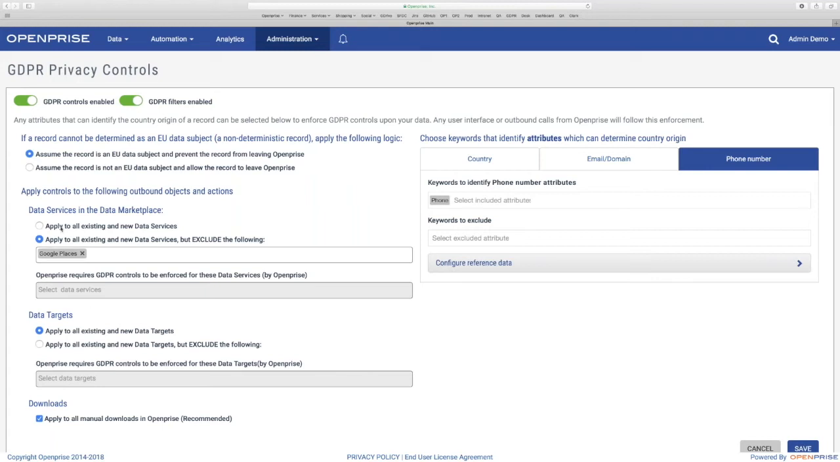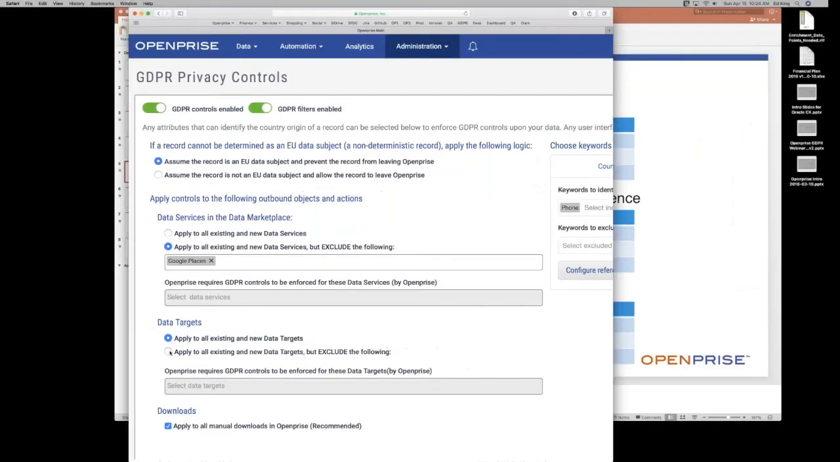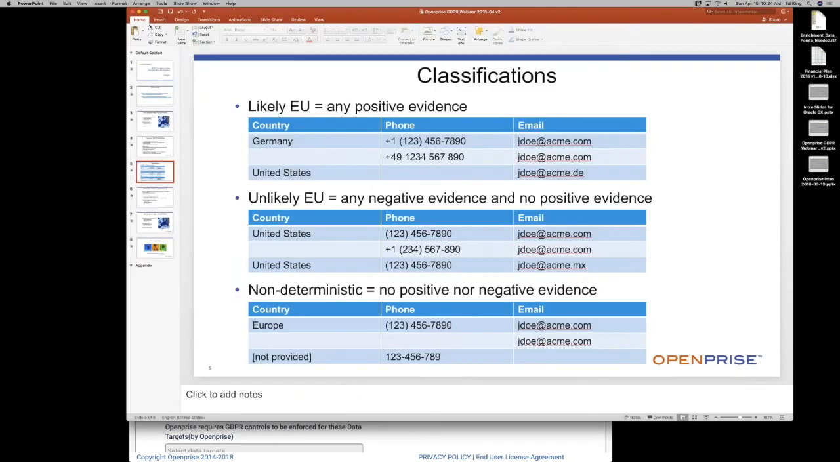But here is where you can put in some universal controls where you can say, for these data services from our marketplace and these data targets, which ones are we allowed to actually send the EU data to? Again, by default, we block all. You can specify the exceptions of which you will allow the data to be sent to, and we also apply the controls to the manual download of data. Again, we'll cover that. All right, go back to the slides real quick, and let's talk about the next topic,